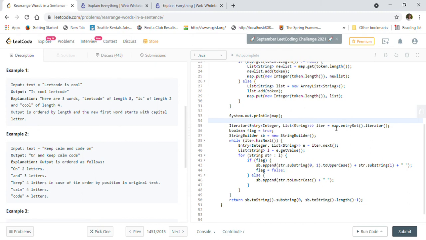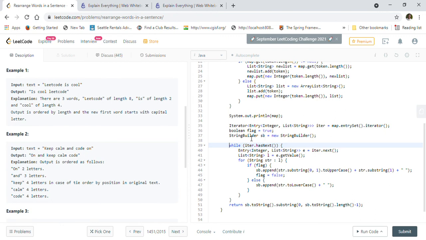So then we are iterating through the map here, and then we are again using the string builder, and gradually we are reading each entry from the map, and we are getting the list for each entry, and we are iterating the list of words, and we are appending the word to the string builder. And we are again, for the first time, using a flag, and for the first word we are using first character capitalized here, otherwise we are just appending the word as it is, right? So that's how the solution will work.